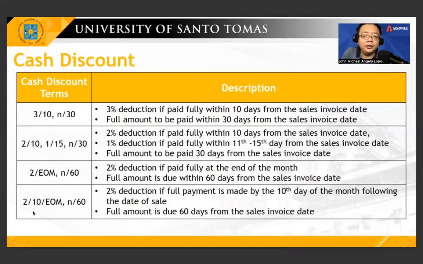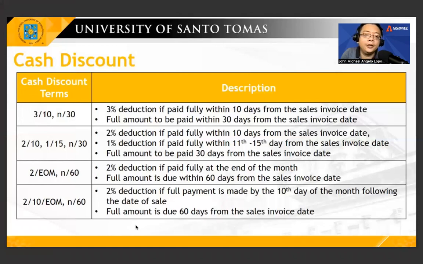Okay. Then naman, 2% discount if full payment is made by the 10th day following the date of sale. Okay. Is made by the 10th day of the month following the date of sale. So meaning end of the month. Bawa ngayon is June. So 10 days after the June 30. So July 10. Okay? July 10 siya. So full amount is to be paid on 60th day. Ganun kadali guys. So malamang ngayon alam niyo na kung paano to, no? Kasi madaming ganyan, di ba? Specifically in terms of the delivery receipt and the sales invoice.